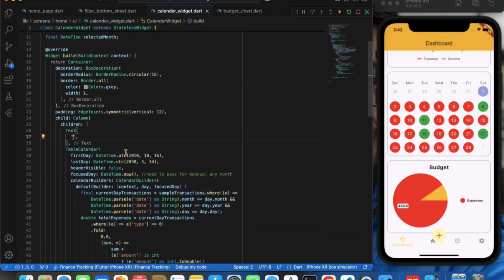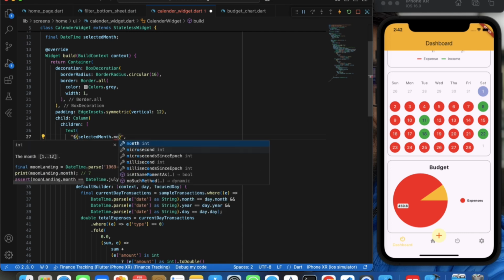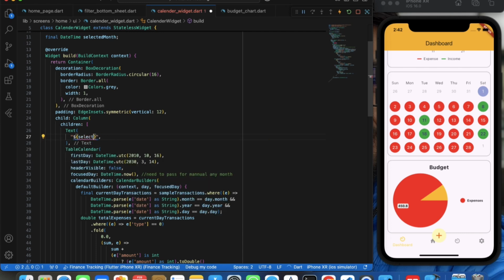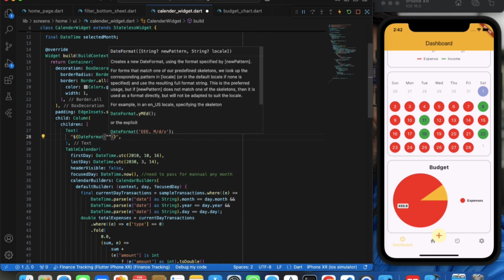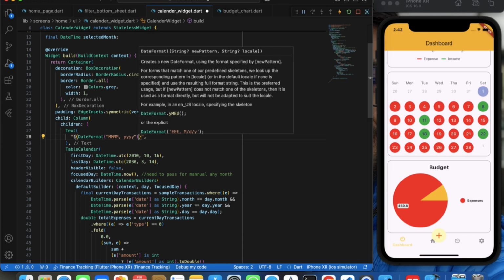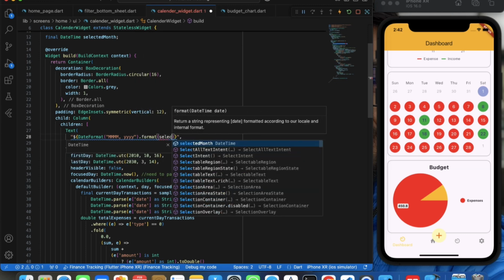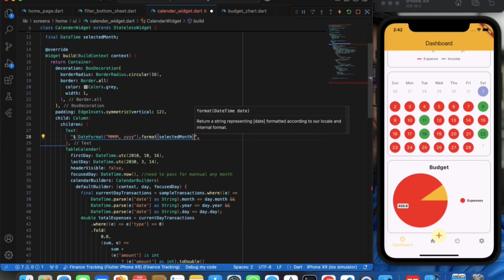Okay, and I'll just add here selected month.month. We'll do one thing here, we'll just add a date format. Okay, we have a month and year, right? DateFormat.format selected month. Okay,